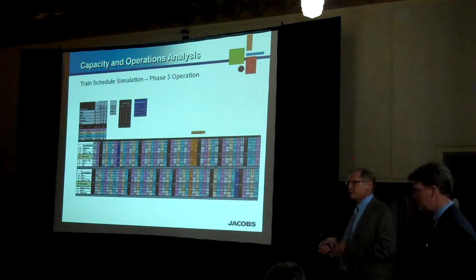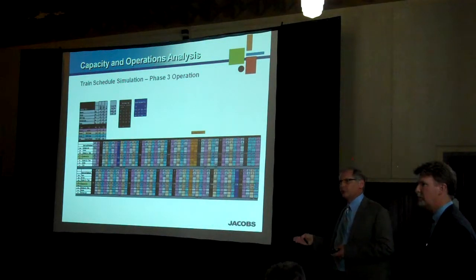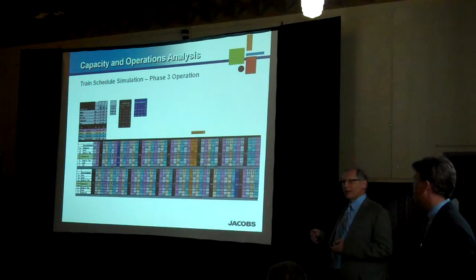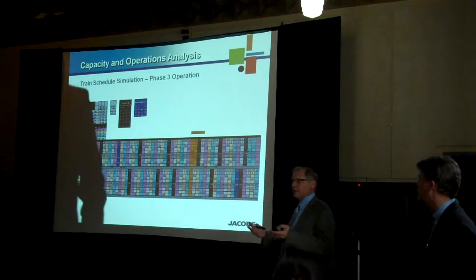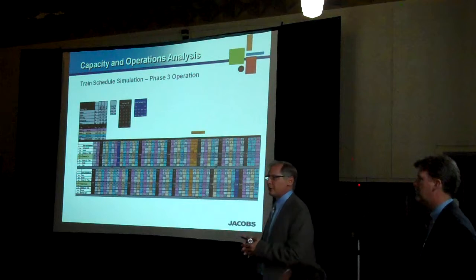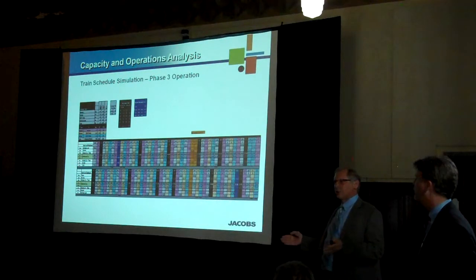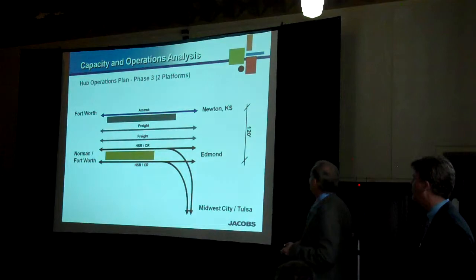And what it told us is that working with those 60-minute headways, we can accommodate. At no time do we get trains closer than about 10 minutes together. The limitation is what happens if we have to add more trains and have closer headways when they start getting closer together. As we showed you in the last meeting, the best way to increase capacity is just starting to add more cars. But at some point, you can only add so many cars. You may have to increase your frequency at some point in the future. So this is what we're looking